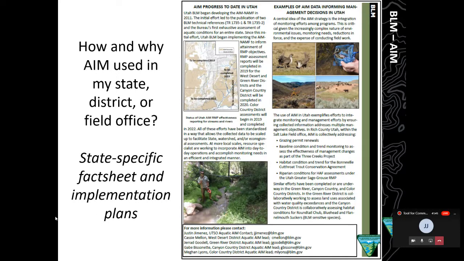Yeah, thanks, Justin. One thing I just want to point out is that at one of our last large in-person state leads meetings for AIM, we talked about this idea of developing implementation plans. And I think this demonstrates they don't need to be super complex. Some people have these little maps that just tell when different districts are going to be completed. COVID kind of derailed us, and we didn't get this updated to show that, hey, places like West Desert District has started their revisit sampling.